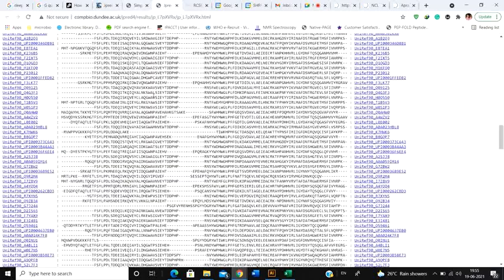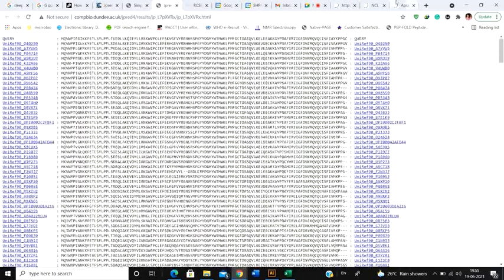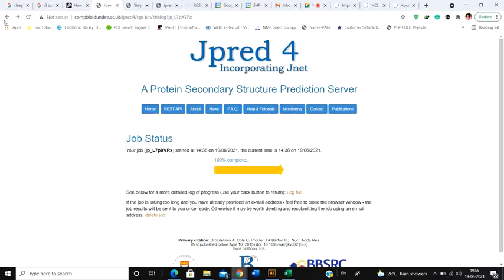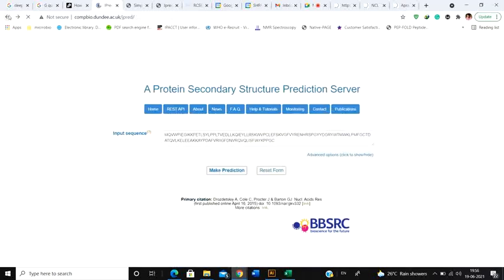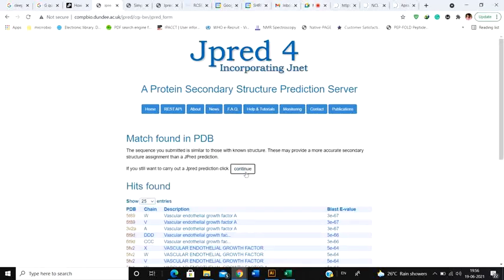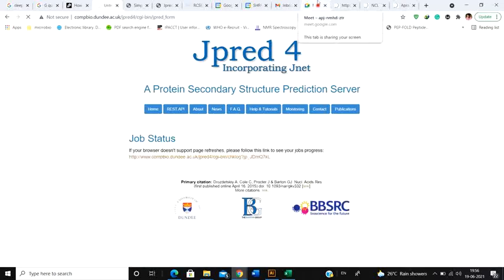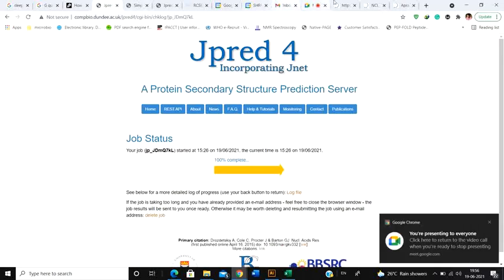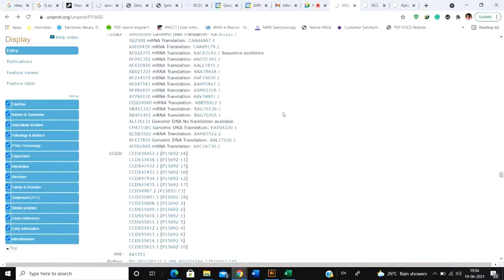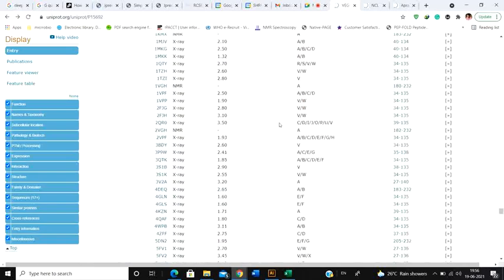So suppose I need to find out about a particular protein, you have to find the sequence from this particular database and then go to JPRED, paste your sequence here and then click on make prediction. So now it's going to start doing this job with this particular new protein. So this is where you have to generate and gather the sequence. Okay, so this is the most important thing. It is actually starting, but I don't want to see it, I have already discussed it. And if you need to go back, simply click on the back button and you can be back at that particular site and server. Okay, and after that you can also see the, just a minute.